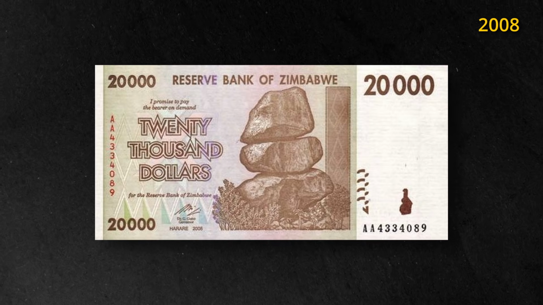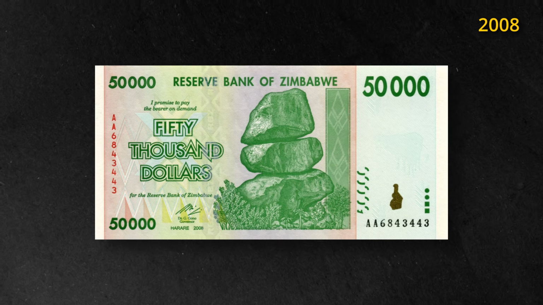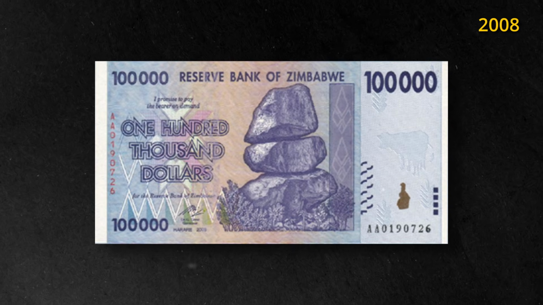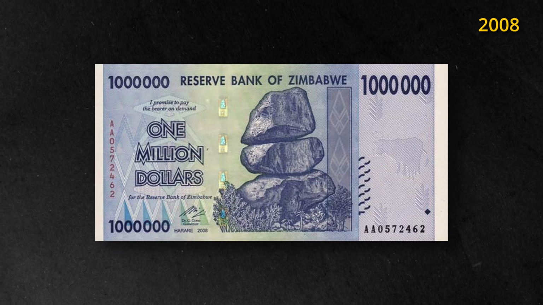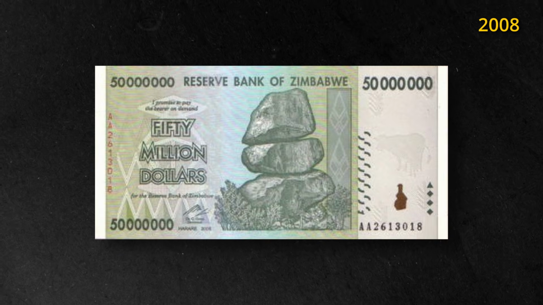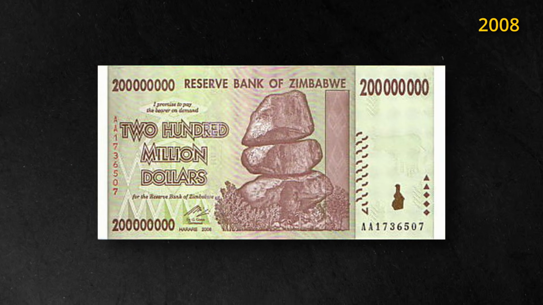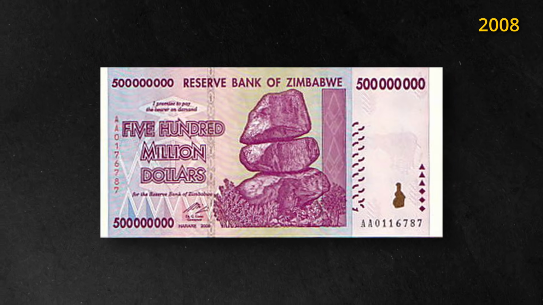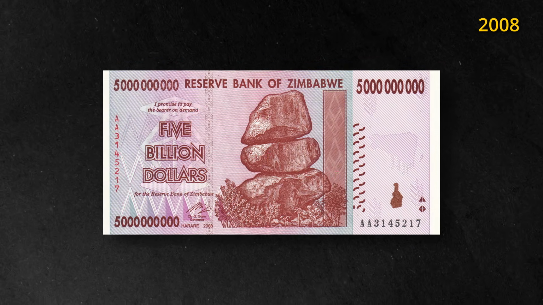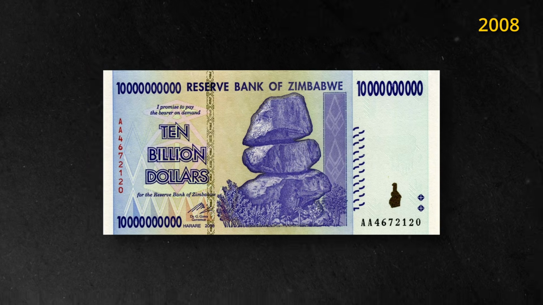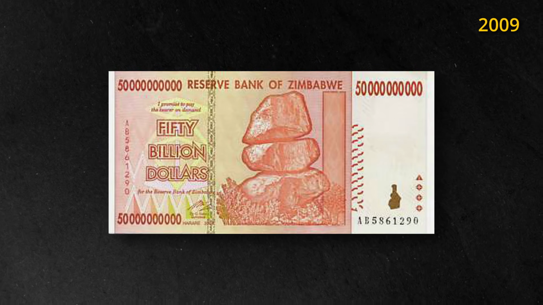They were followed by the following denominations: $50,000 on the 13th of October 2008, $100,000 and $500,000 and $1 million on the 3rd of November 2008, $10 million, $50 million and $100 million on the 4th of December 2008, $200 million and $500 million on the 12th of December 2008, $1 billion, $5 billion and $10 billion notes on the 19th of December 2008,